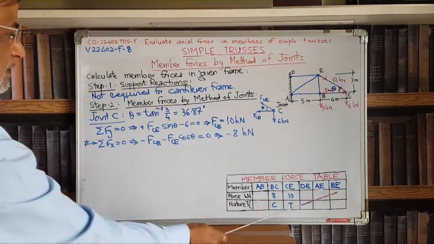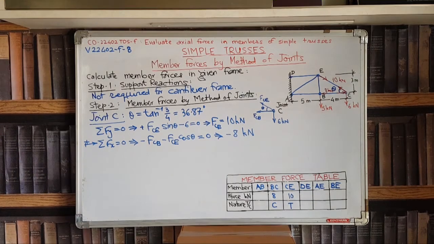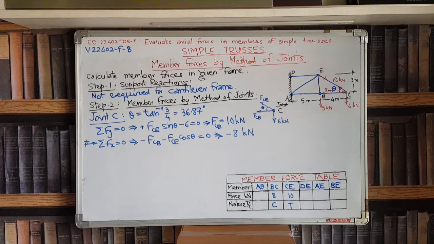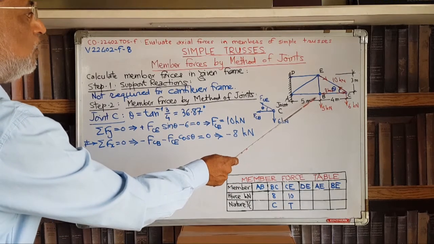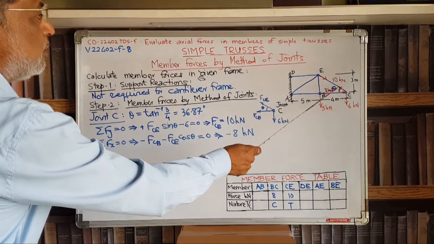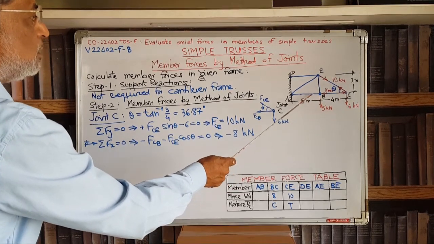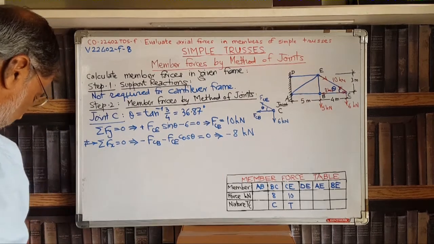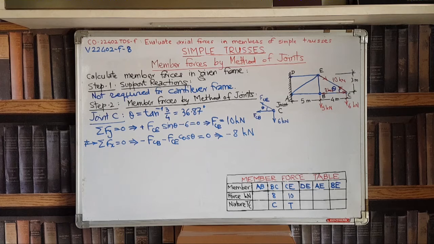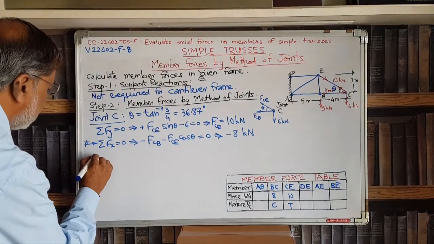Now out of these total six members, 4 more members are remaining. So we will have to continue the problem with a next joint. Now let us consider next joint. Say let us try B, joint B. Look at B. There is 8 kilonewton force which is known. There is 5 kilonewton force which is known. This force and this force, two forces are unknown. So only two unknown forces are there. So this joint we can take for our calculation. So let us take joint B.